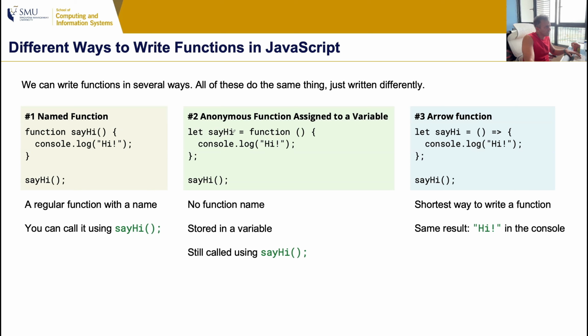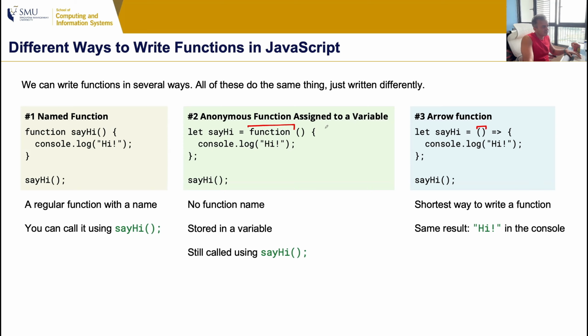And at this point, say hi is a variable that contains a function, so I can just say hi and call that function, which will behave identically to this, but it is a let variable, so it's got the properties of let. Then there's the arrow function, which is identical to this, except that you're eschewing this keyword function